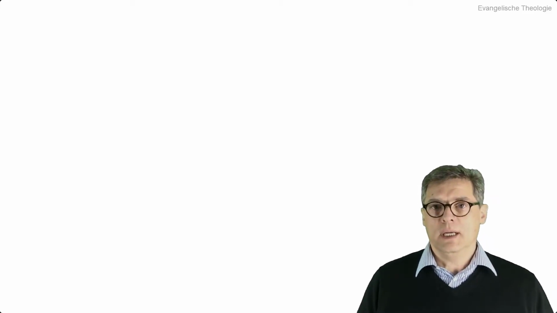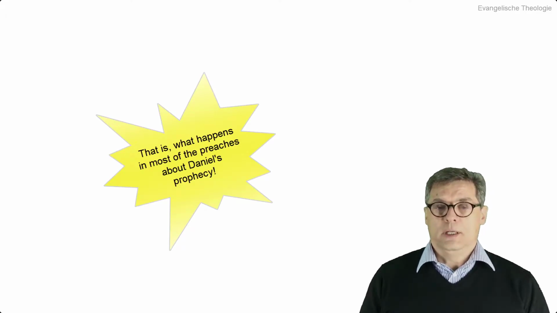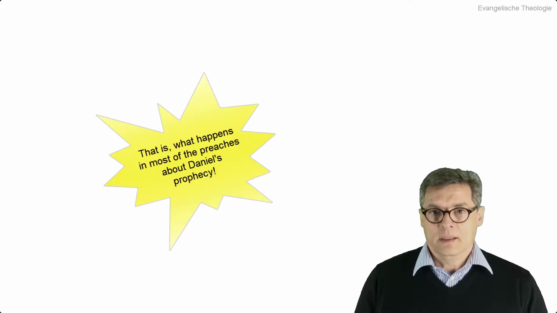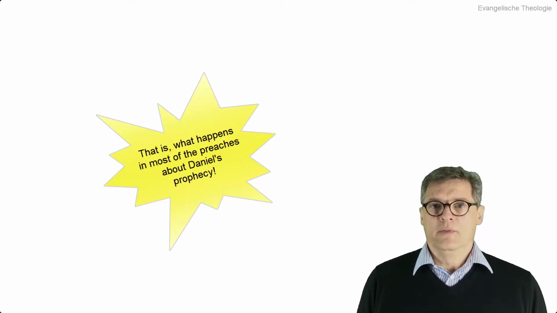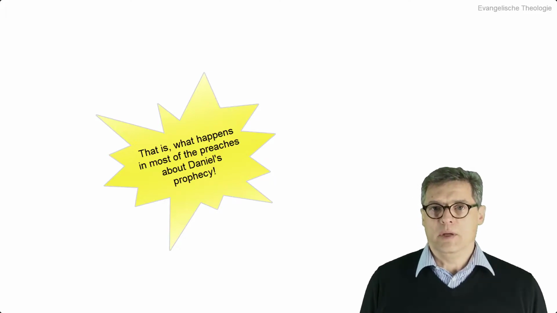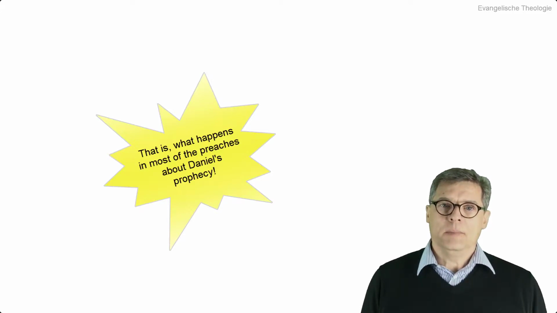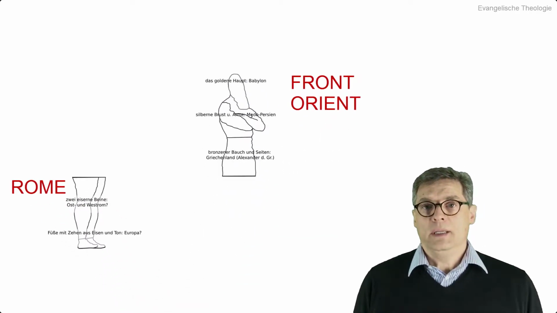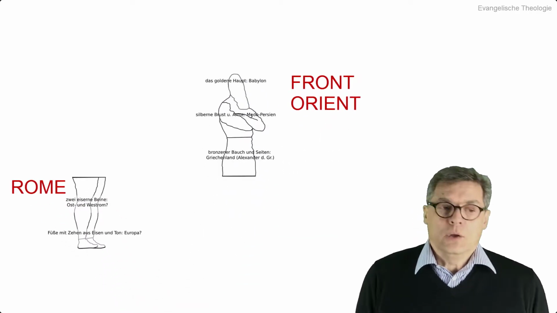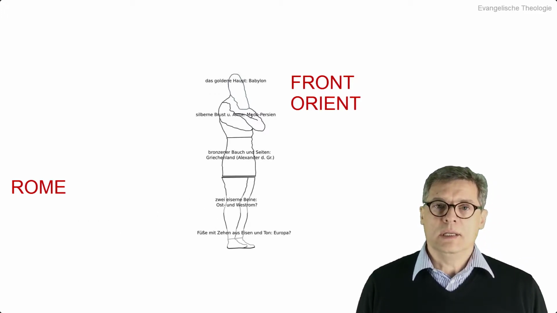We will see more reasons why the two legs cannot be Rome, which are much more valid, but this picture should be very easy to understand for everyone. If the legs are not under the torso, not under the trunk, then no one can stand, and no statue can stand. So the statue in Daniel 2 will fall. If the statue shall not fall, the two legs must be under the torso. That is, the two legs must be found in the Middle East, where the other realms of the statue were.